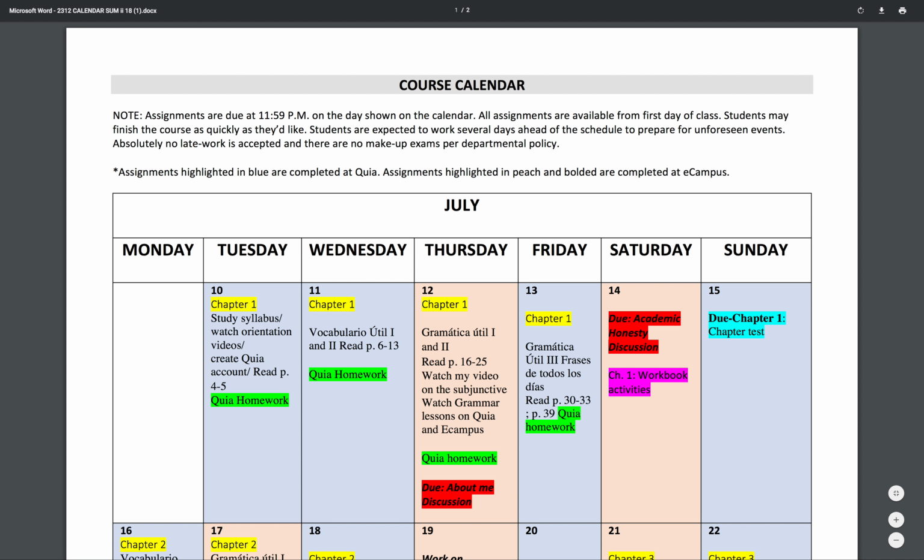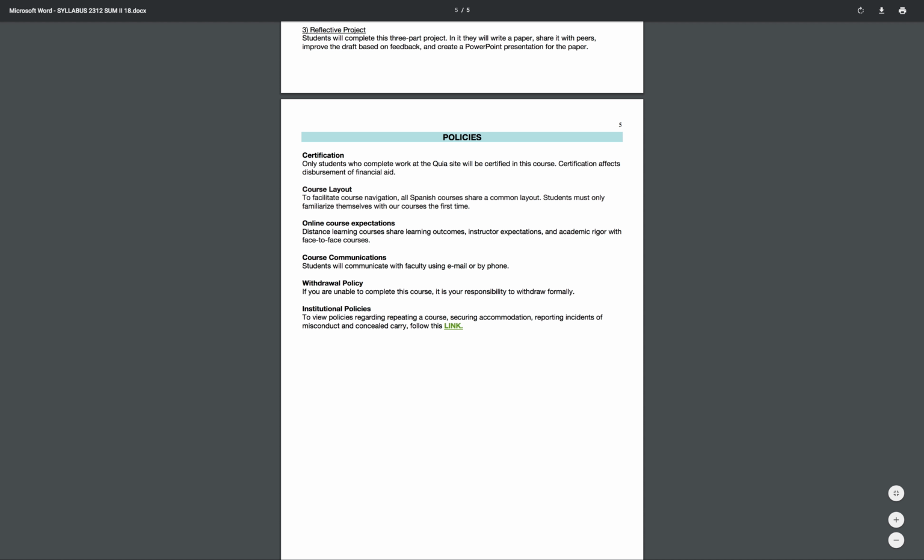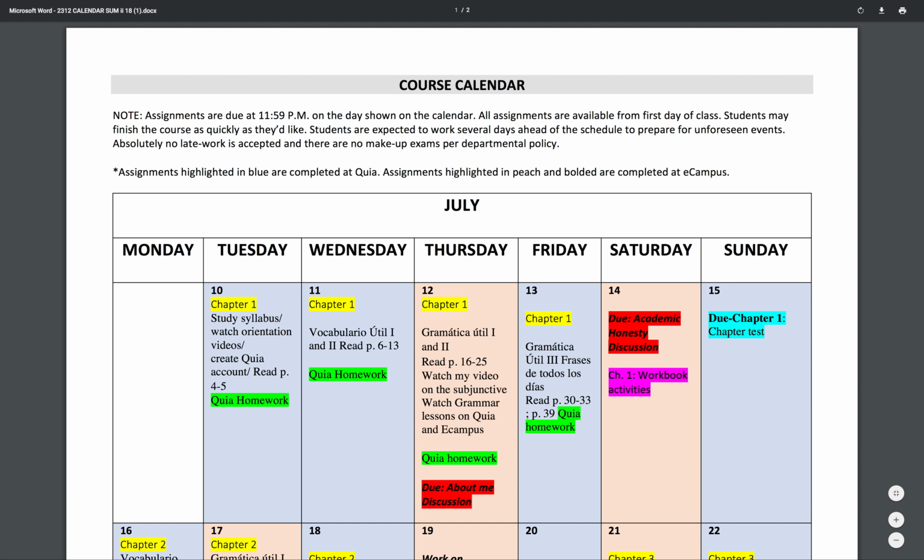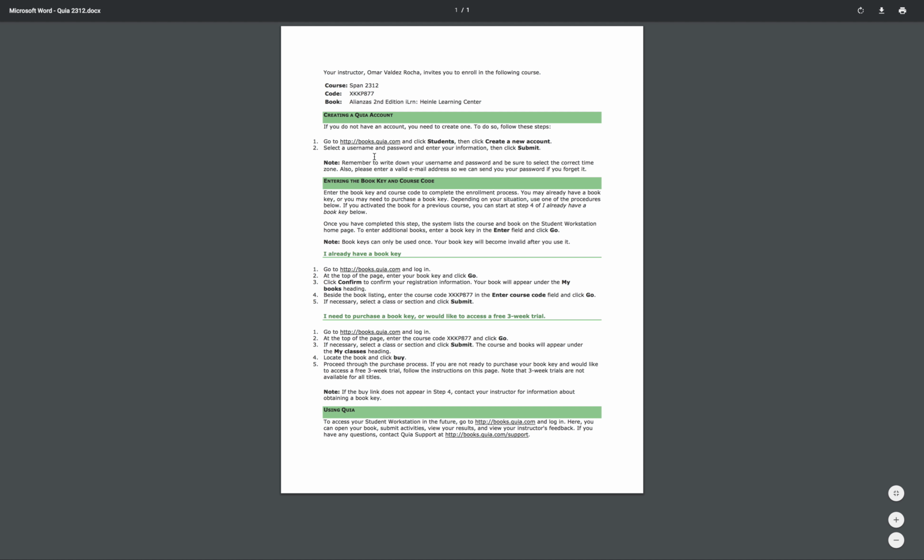All of your deadlines are here. Okay. So we covered the syllabus, we covered the calendar, and we need to go to Kia now, right? Half of the stuff will be submitted on eCampus, and the other stuff will be submitted on Kia. So you need to go to